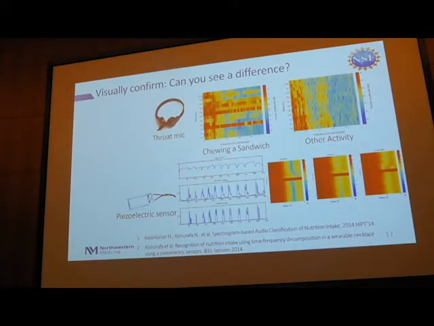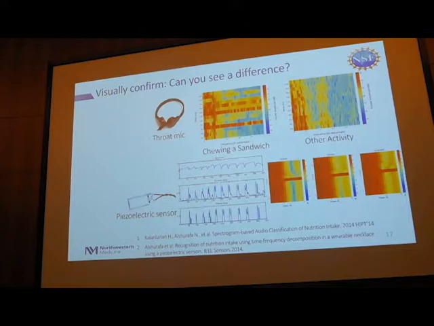I then went about and tested a piezoelectric sensor, which again measures that sort of vibration rate. So every time I swallow, I'm going to see increased variability in the signal. Here, this is the raw data, and then I'm calculating deviation across time, and this is showing you, if I had just a simple threshold, whether I can actually detect